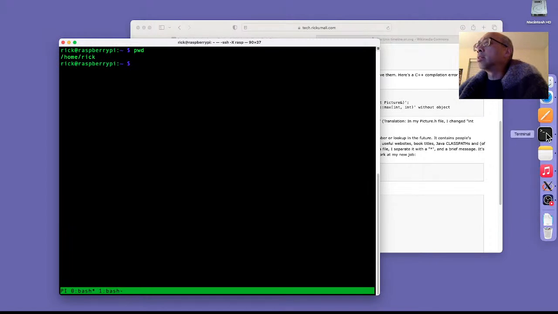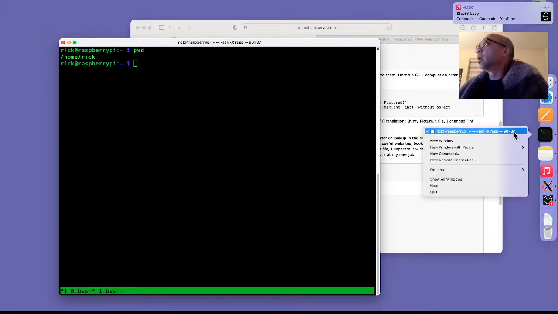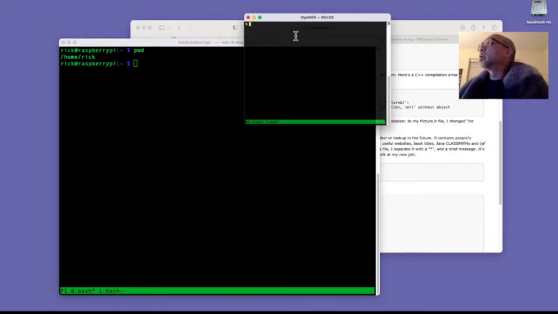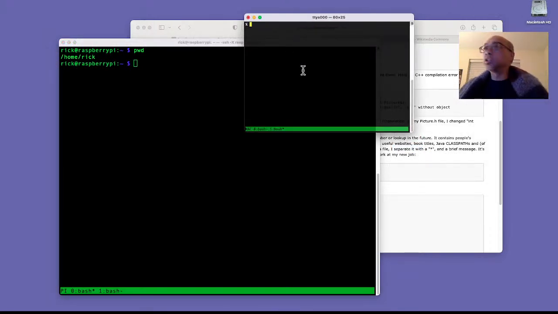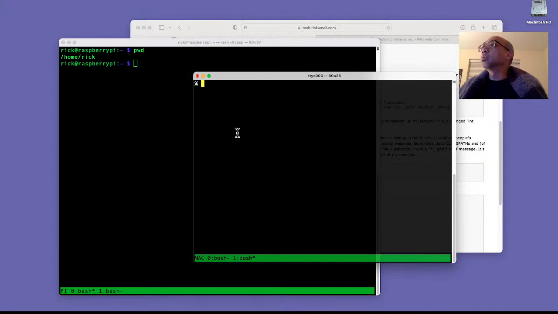So when I got this Mac, I'm going to try to bring up my normal window, which is this one. You can see the prompt is just this percent sign. That's like old school, super old school.